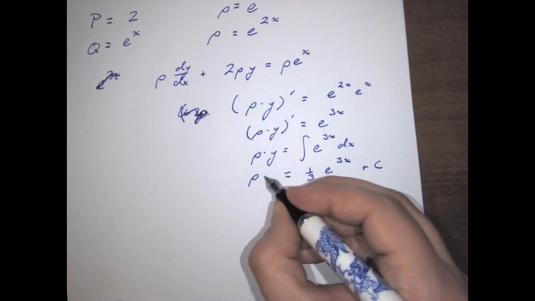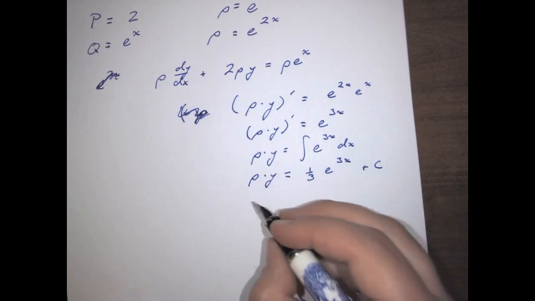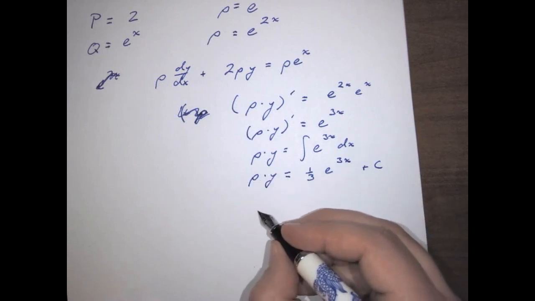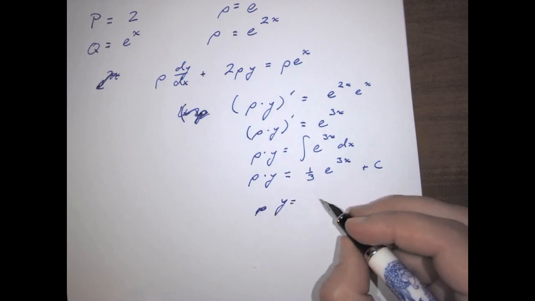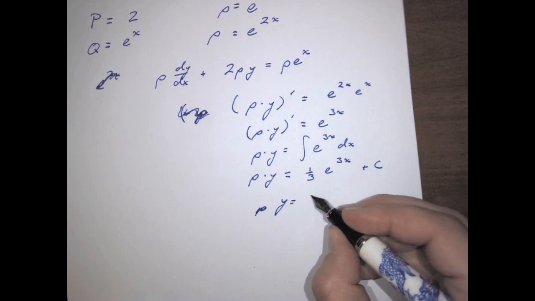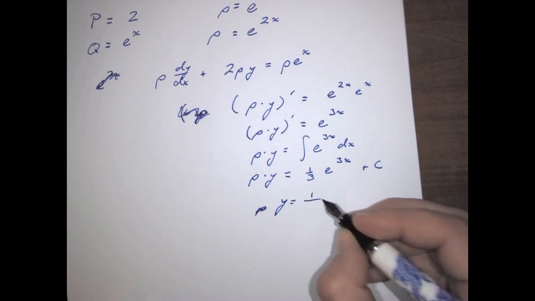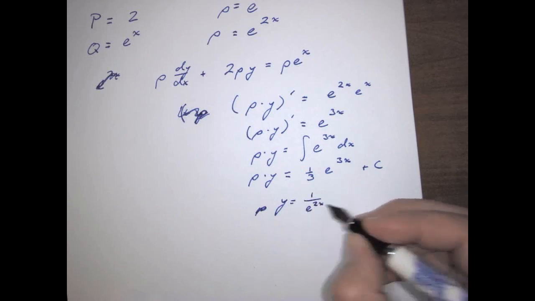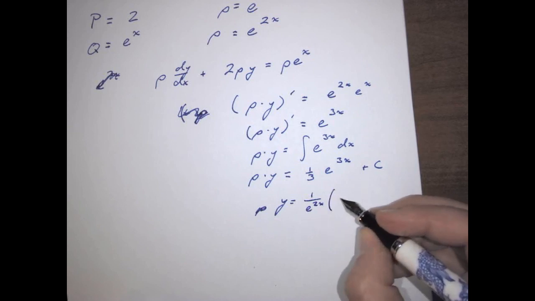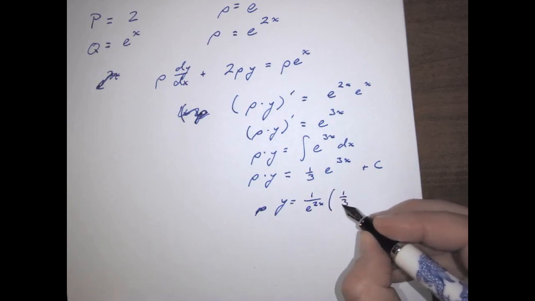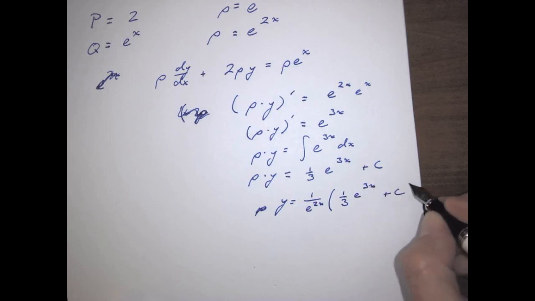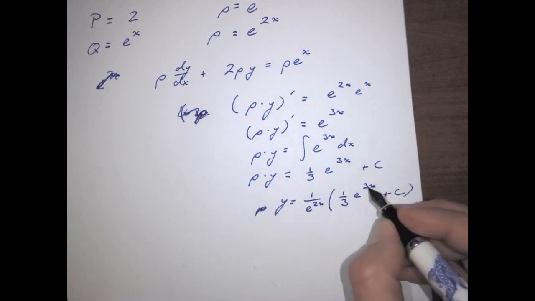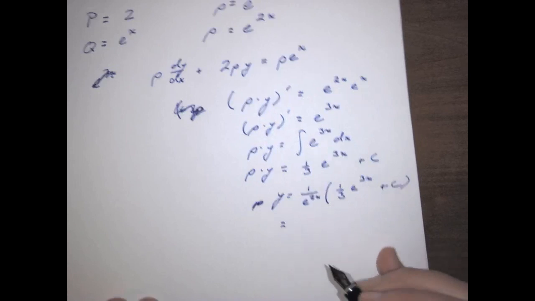That's still equal to rho times y, which then I divide both sides by rho, and I'm going to get y is equal to 1 over rho, so in other words, 1 over e to the 2x, times 1/3 e to the 3x plus c,